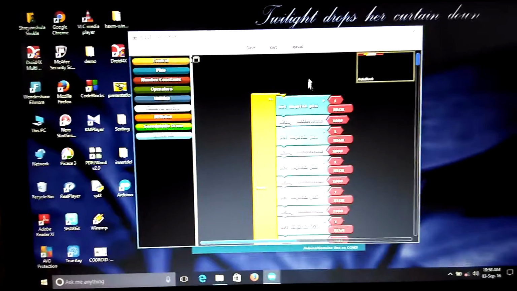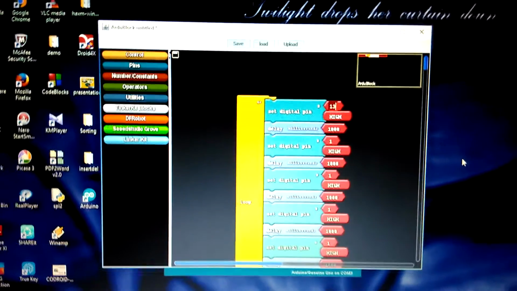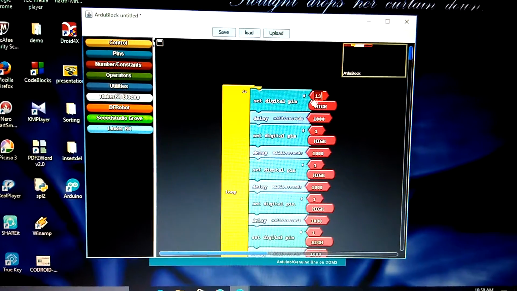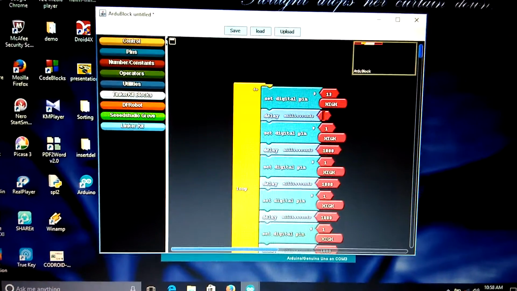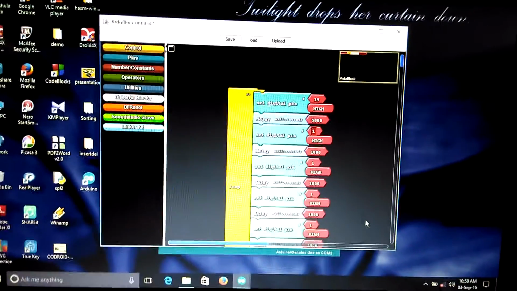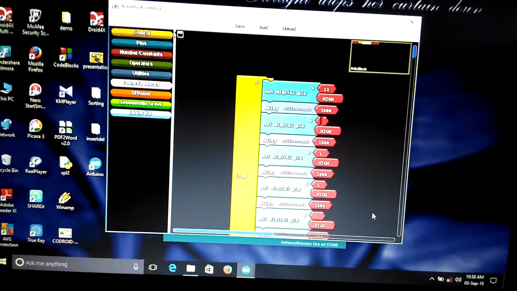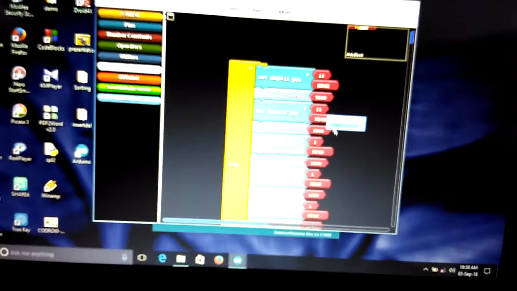Now in the programming, first of all we'll put here the first LED is connected on pin number 13, so I'll put here pin number 13 high. Then we need the delay of 5 seconds. It means 5000 milliseconds. Then again on next set digital pin you'll program 13, but this time you'll make it low.